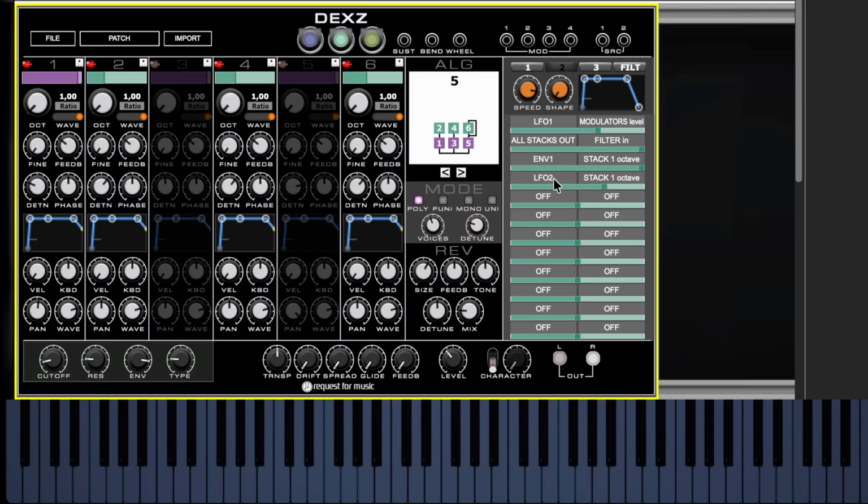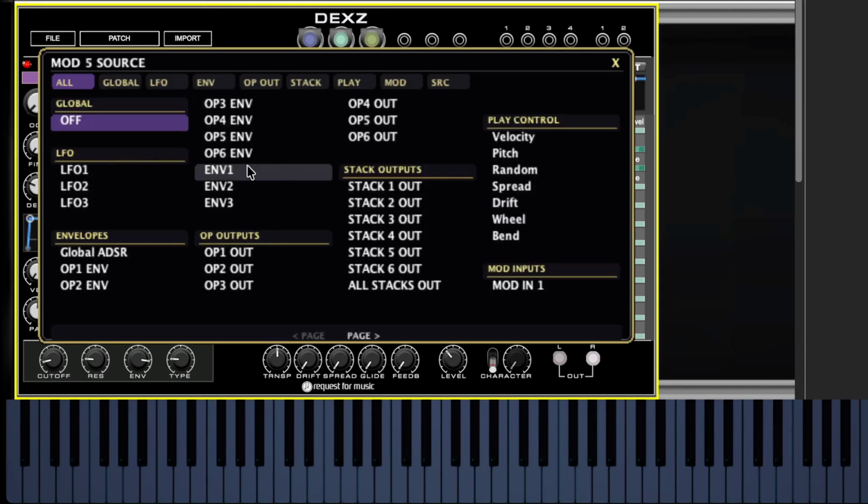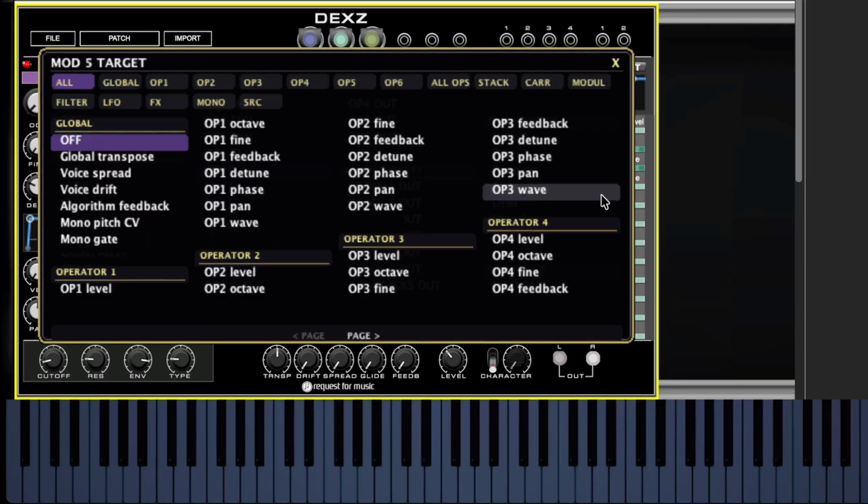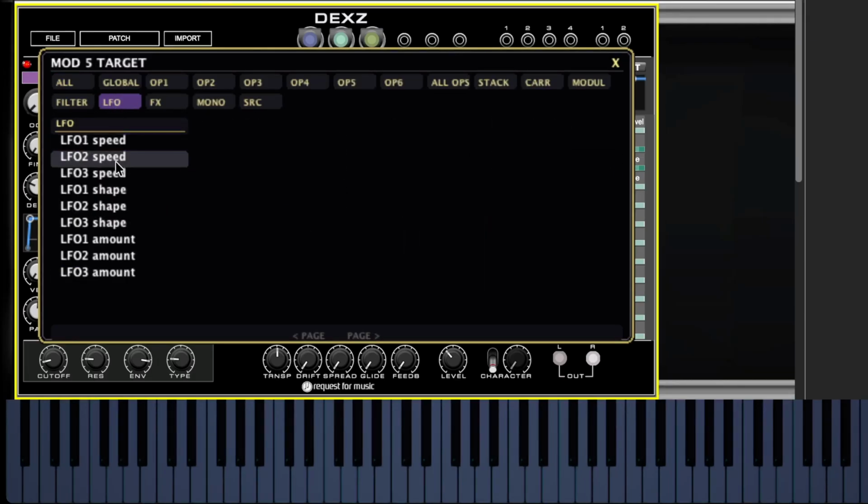But now, of course, this LFO is sending that value straight into stack 1 octave. So I get this all the time. But I have this envelope 1 that I used that created this longer sound for the stack octave. I could actually also use that to change the amount of modulation for the LFO. So if I use my envelope 1 again, and I send that to my LFOs, but which one? Actually to the LFO number 2, and